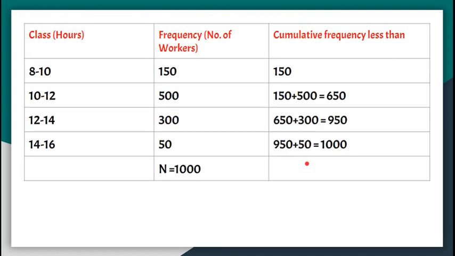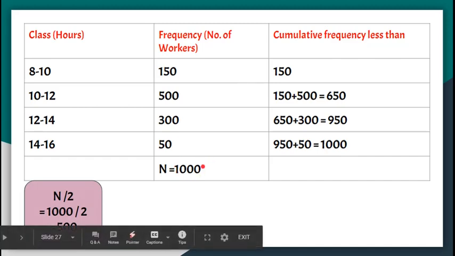This is what your table should look like. Please make sure जो values जिस रो में लिखे हैं आप उसी रो में लिख रहे हो. अगर ये ऊपर नीचे हुआ तो आपका पूरा सम गलत हो सकता है. So the last value that you are getting is 1000 and it is also equal to the addition of all the frequency. Once you have drawn this table, what you need to check is how much is n by 2. n by 2 इस केस में कितना है? 1000 by 2 which is 500.